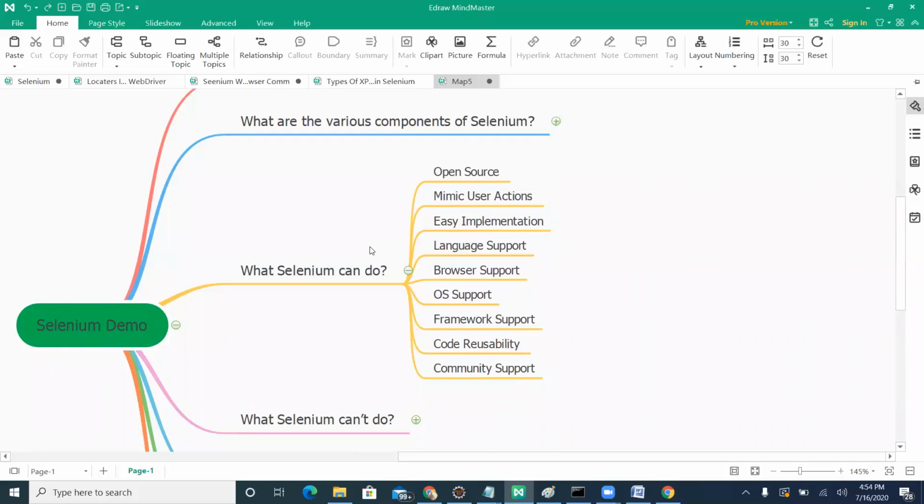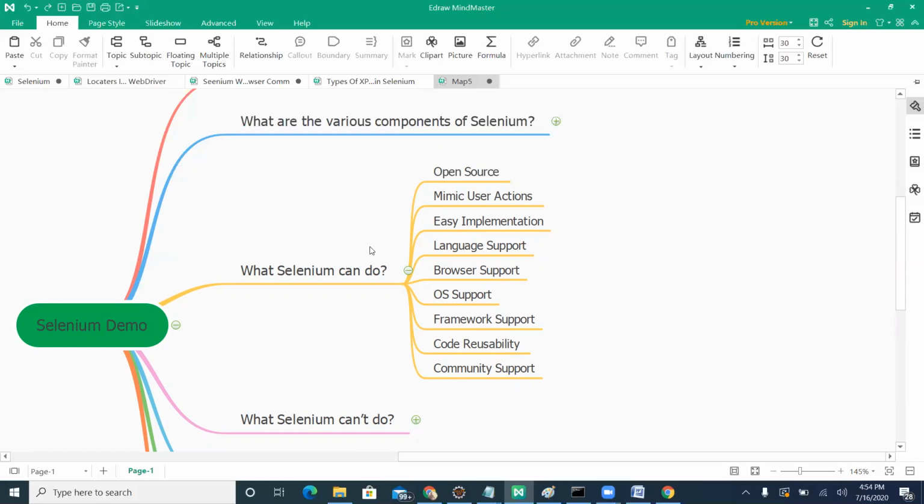If you think now that you want to start working on it, you can simply go to the Selenium official site, download the API, configure it into your project and start using it. So you don't need to pay a single penny to start using it. And also